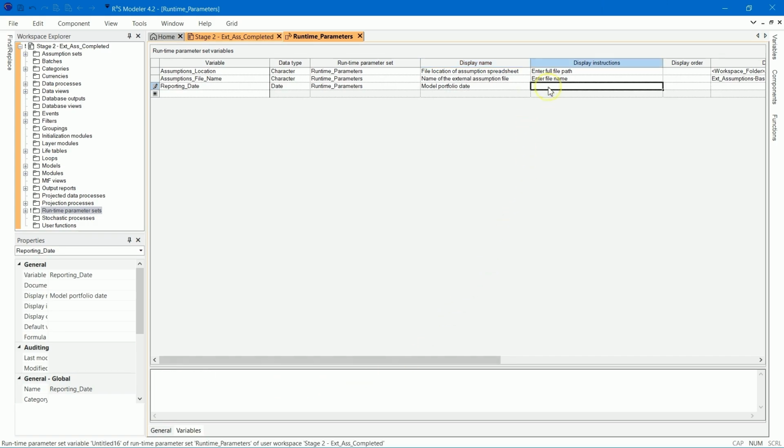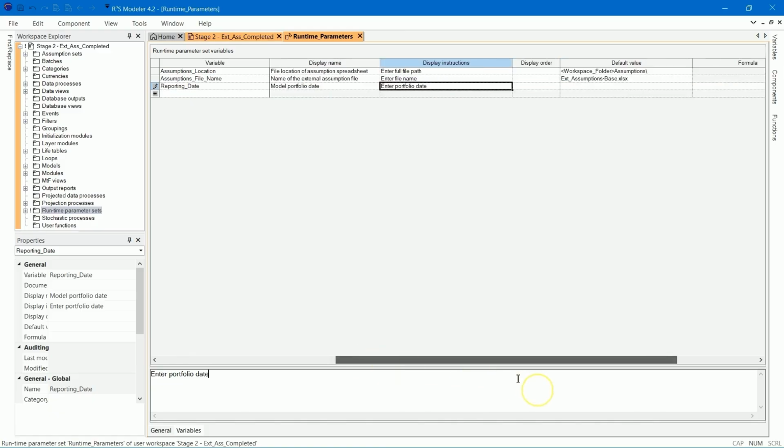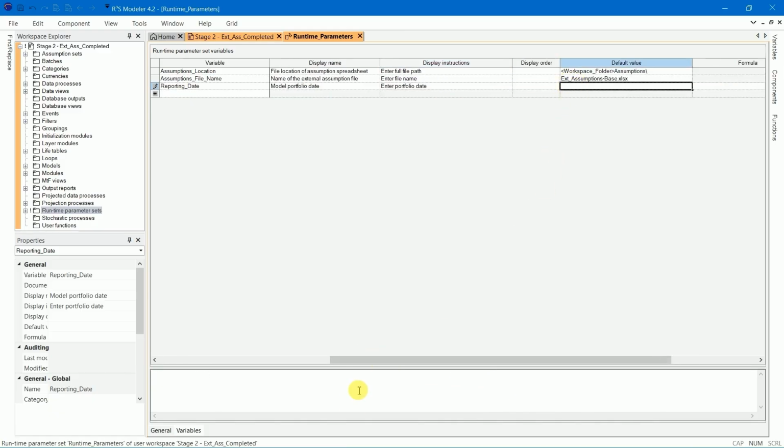The display instruction is enter portfolio date, and the default value is set to 31st of December 2017. This completes the setup for the runtime parameter set. Save the workspace.